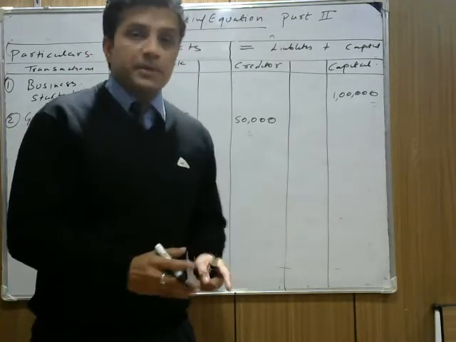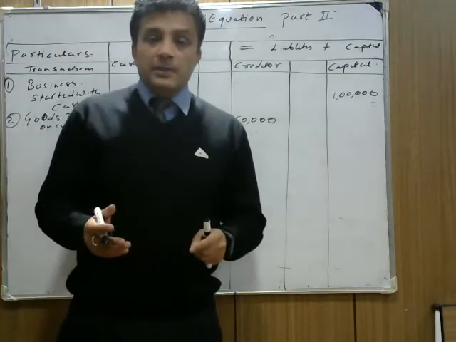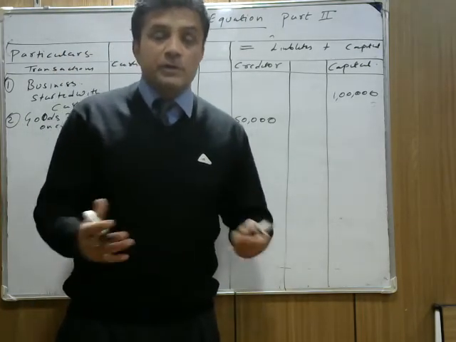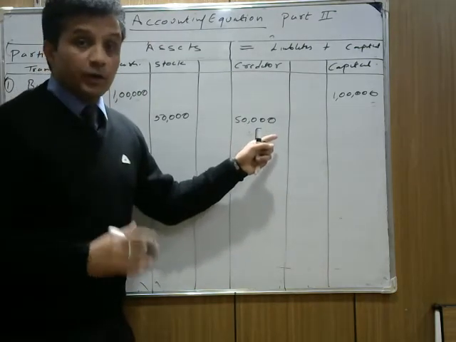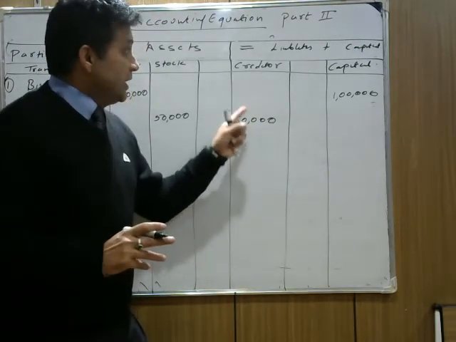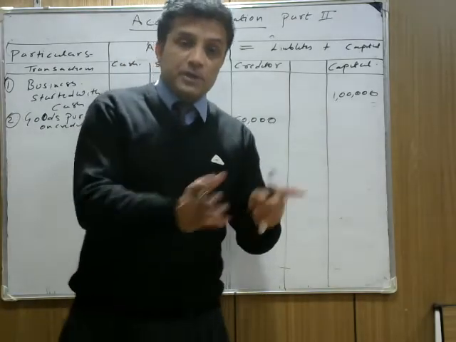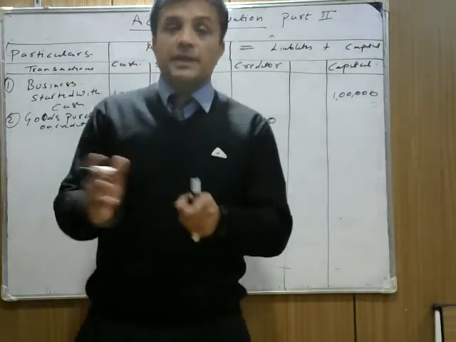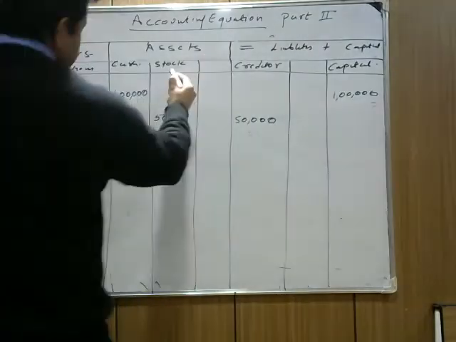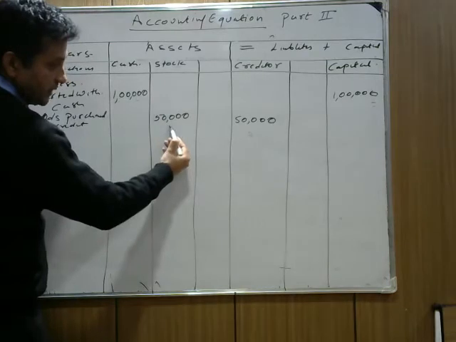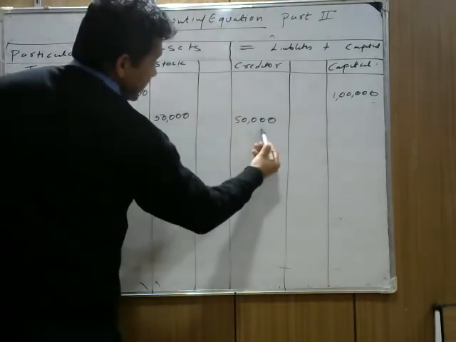When you purchase goods from any person on credit, your liability increases, or liability in terms means creditor. Now why is it creditor? Because you need to pay the money within 1 year. You assume that you are paying the money within a year. So that's a current liability, not a non-current liability. Because you're going to settle the account within a year. So understand them. When you purchase goods from Priya, you get goods in stock worth rupees 50,000, and the credit is increased by 50,000.